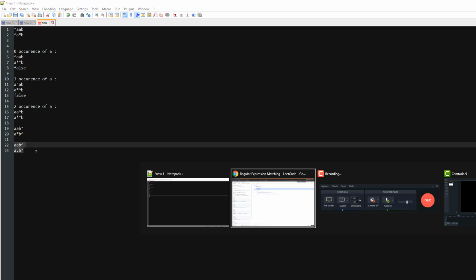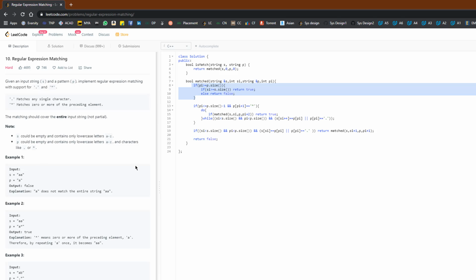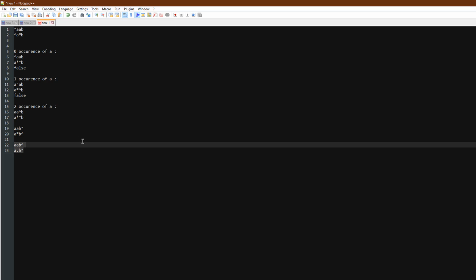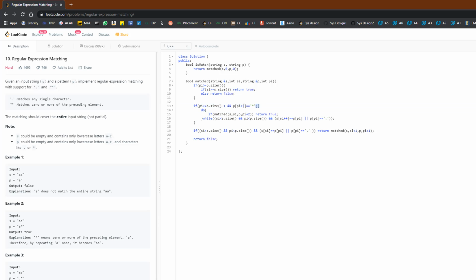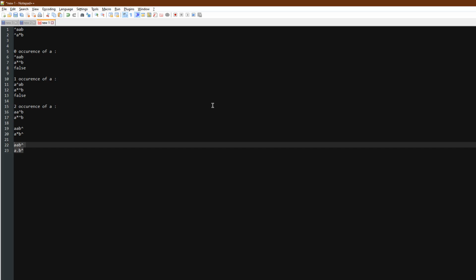All right, now let's get into the actual main core part of the logic. That is, what will we do if we have an asterisk? You can check this condition over here. The condition will be triggered when p of i plus 1 is asterisk. Why so? Because a star can signify multiple things.